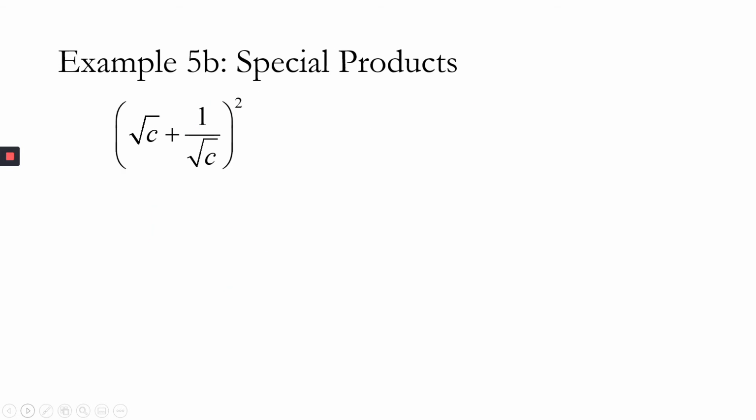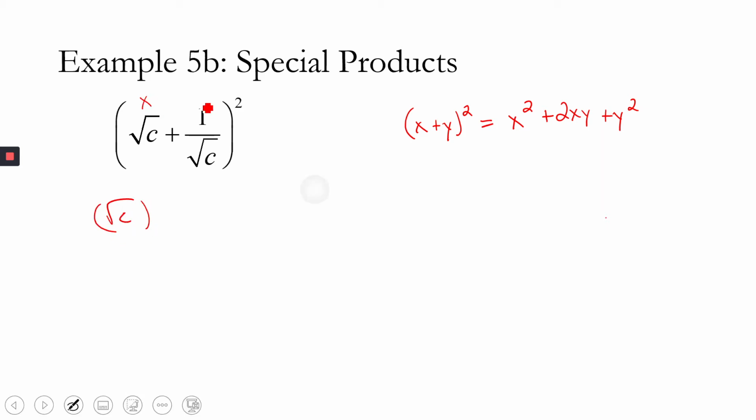Next, special product. This one actually uses the second one in the chart. That is (x plus y) squared is x squared plus 2xy plus y squared. So again, I'm going to do the same thing. This is my x part. This is my y part. So the square root of c squared, that's just going to give me c. 2 times x